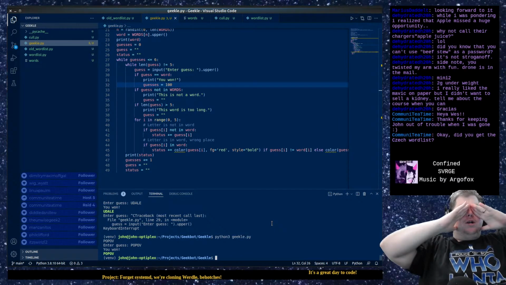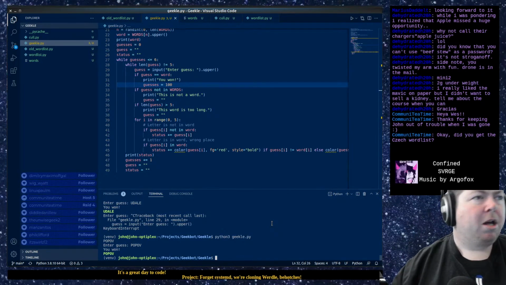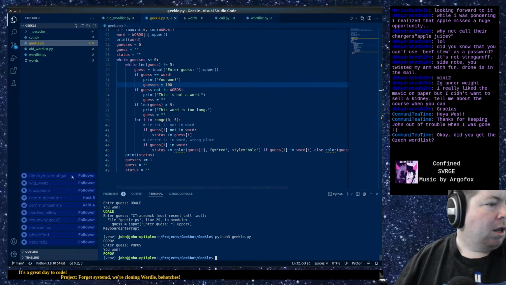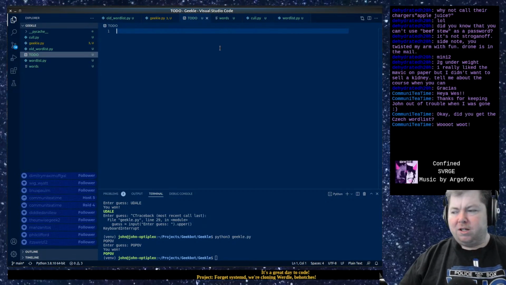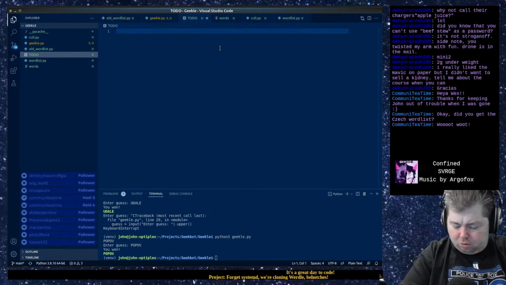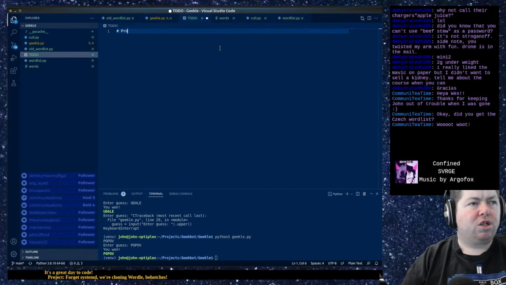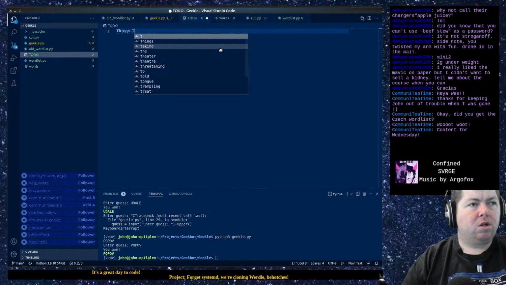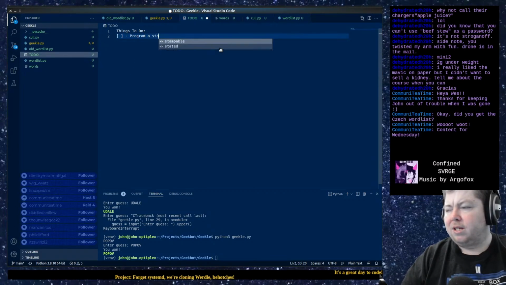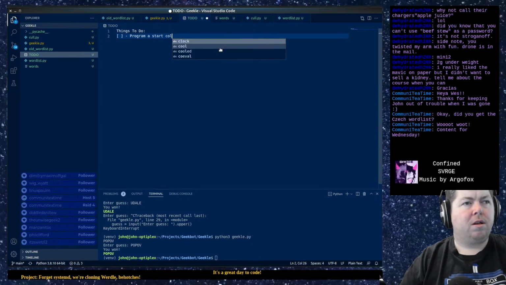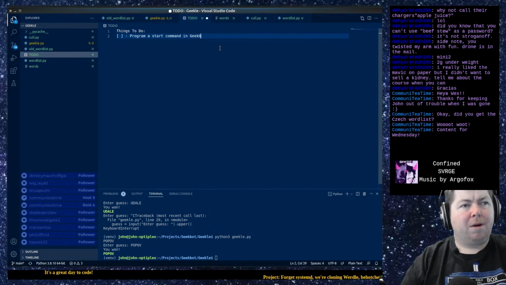Now I need to go ahead and start kind of making it for HTML, and then making it to so let's do this. Let's go ahead and make a new file called to do. Now, what are some things we have to do to make this right? We have to program a start command. Actually, let's do this. Things to do. Program a start command in Geekbot.